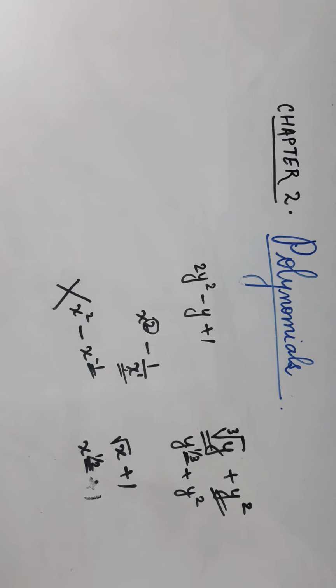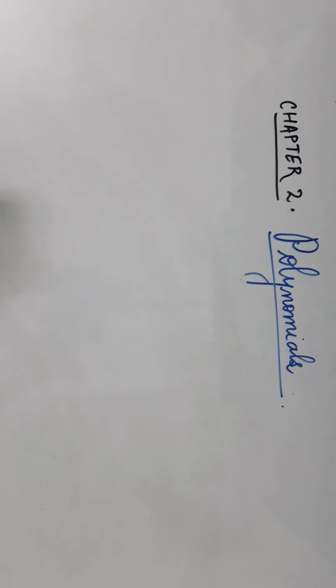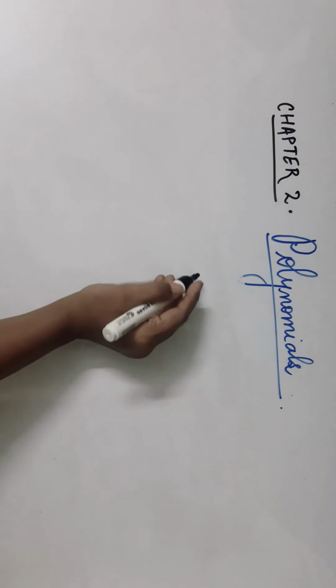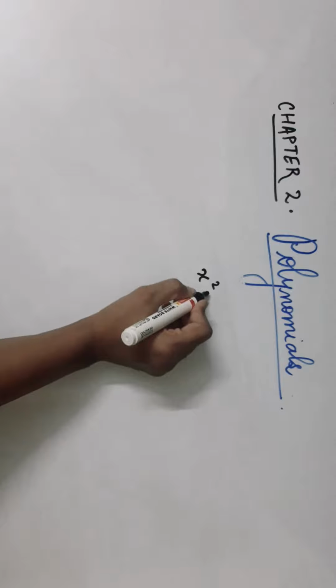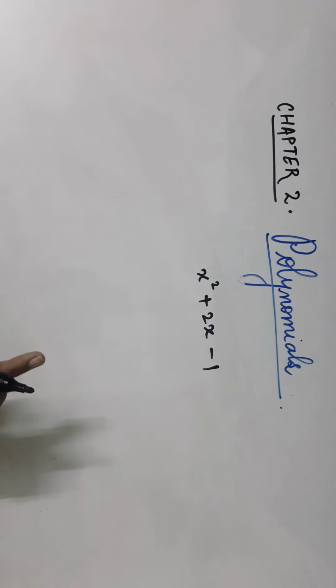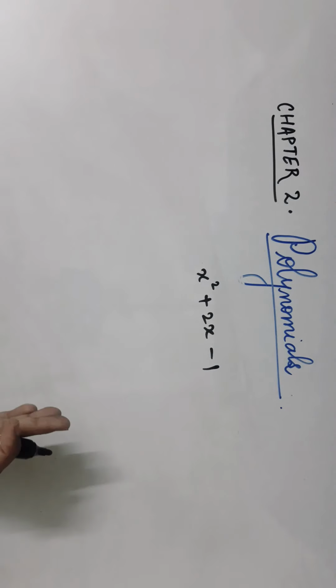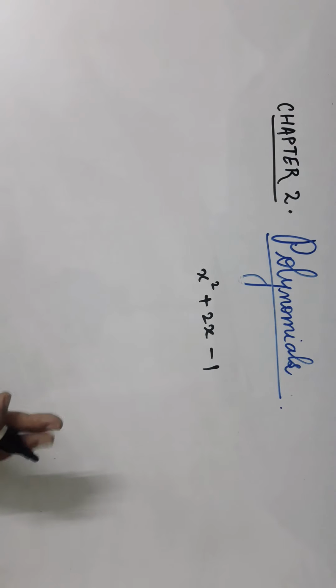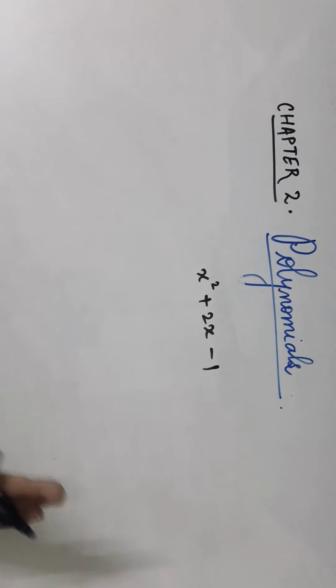So we have today learned to identify whether the given expression is a polynomial or not. Now we know how to identify whether the given algebraic expression is a polynomial or not. Now let us focus on polynomial. Let us take one example of a polynomial, say x square plus 2x minus 1. It is a polynomial in x. The variable is x, that's why it is a polynomial in x. All the exponents are whole numbers here, so therefore it's a polynomial, no doubt.